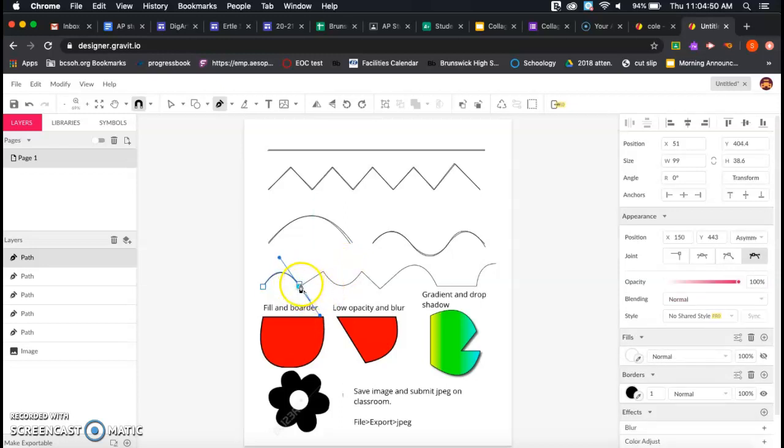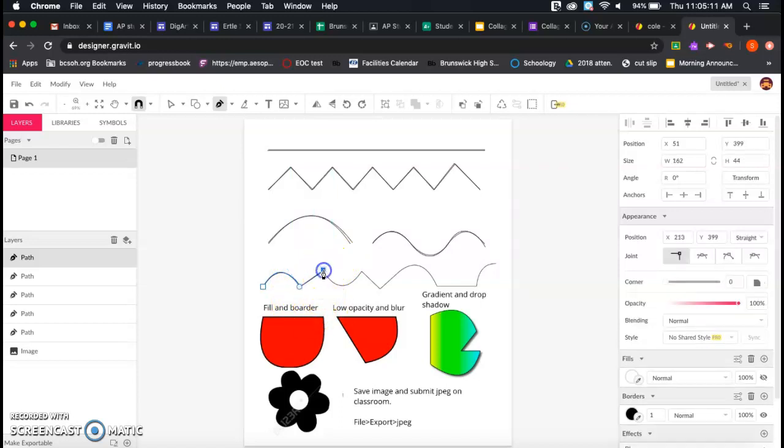And again, you'll notice since I still have that handle here, that the curve is going to continue, but I do not want that curve to continue. So I'm going to click back on the last anchor point, and that's creating a straight line extending off of it now, since I got rid of that second part of the handle. So I'm going to click where I want that straight line to end, and now I have a curved line to create. So I'm going to click back where I want the curved line or the width of that line to be,